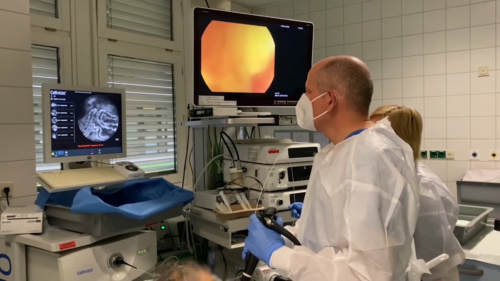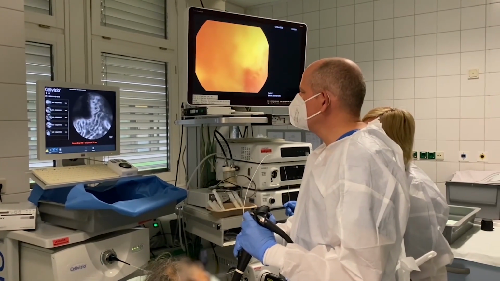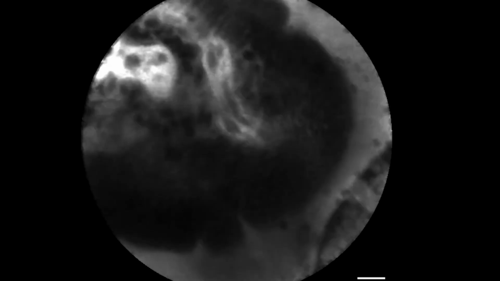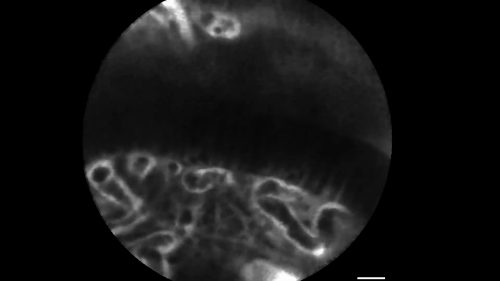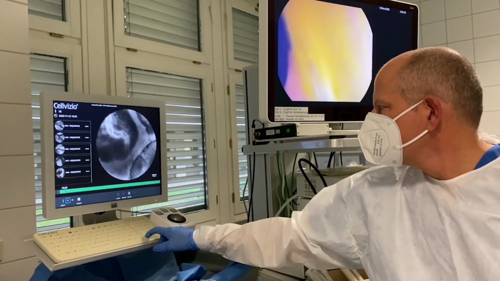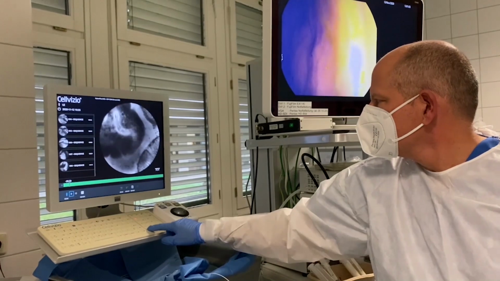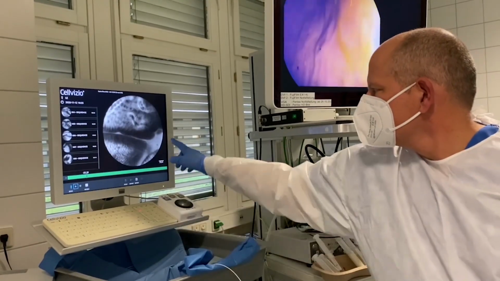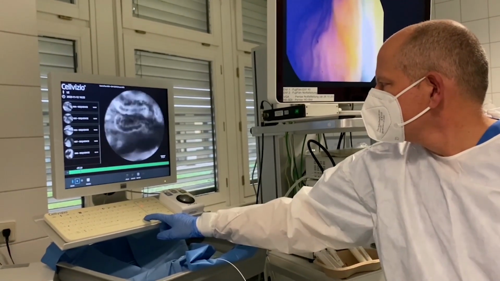because one of the early changes are edema and the swelling of the capillaries. You see here the dilated capillaries with a lot of fluorescein in the capillaries, but now all of a sudden you see that the fluorescein is leaking into the duodenum, and we also see a massive cell shedding, and the shed cells are seen as dark spots within the lumen of the duodenum. You can immediately check your results by going forward and backwards of your recorded video, and you see the cell shedding, you see the fluorescein leakage, and you see a lot of cells which are in the lumen,